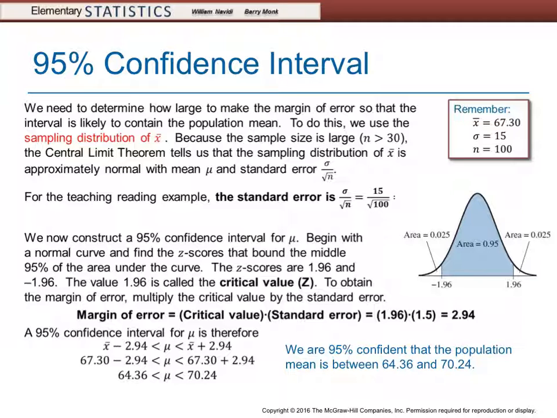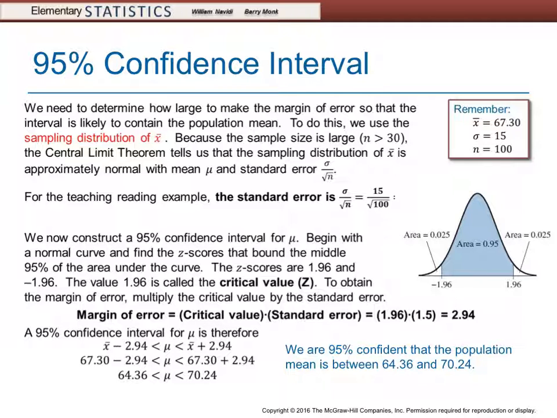The value 1.96 is called the critical value of z. To obtain the margin of error, we multiply this critical value z by the standard error. So the margin of error is the critical value z times the standard error, which is 1.96 times 1.5,